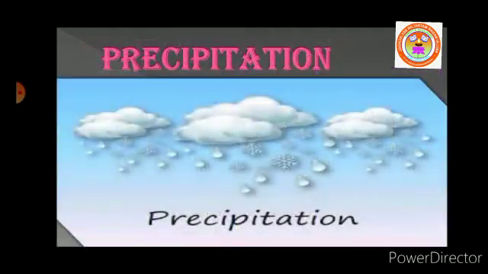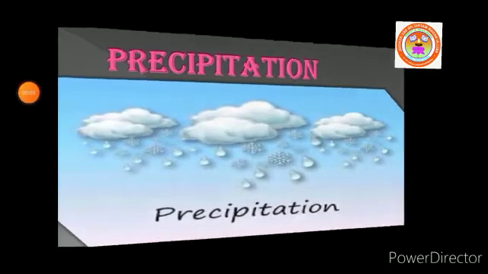Next, let us see precipitation. Precipitation refers to all forms of water that fall from clouds and reach the earth's surface. That is called precipitation. For the occurrence of precipitation, cloud droplets or ice crystals must grow heavy enough to fall through the air. Next, let us see